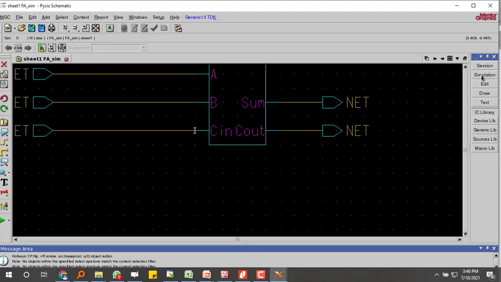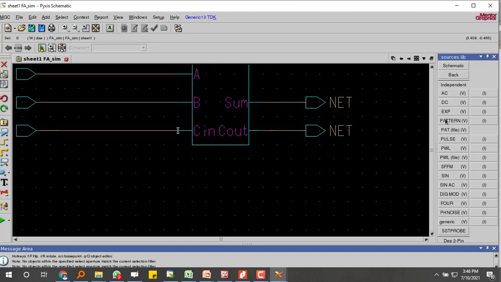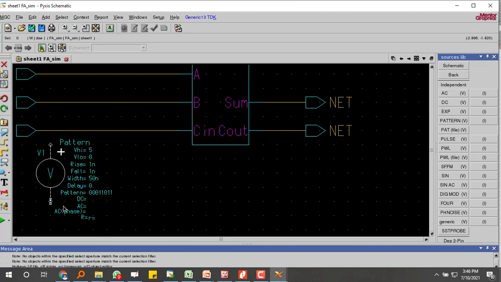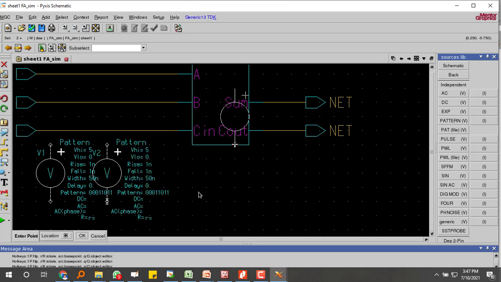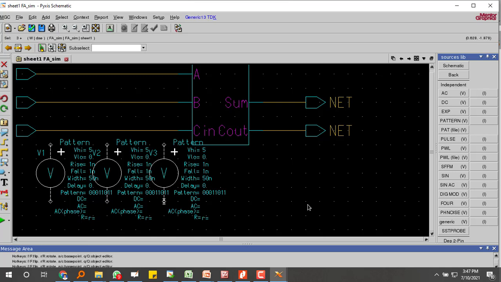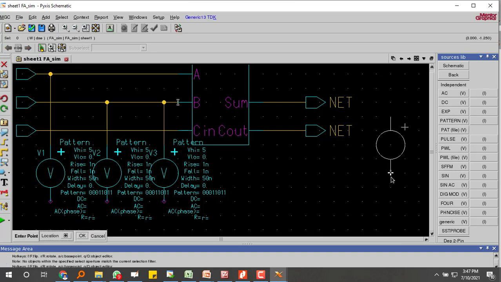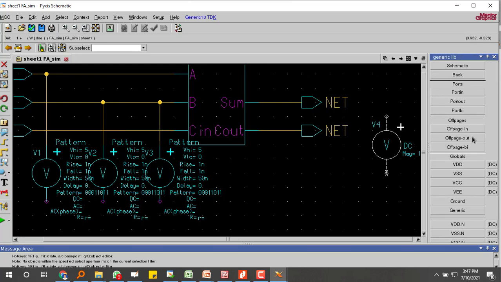Now I will be going to the source library directly. We are having 3 patterns. Three patterns I have taken. So the first pattern is connected to A, the second pattern to B. And I have also taken the DC from the generic library, connected to VDD and ground.